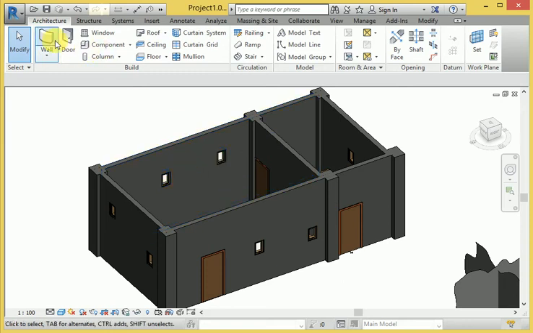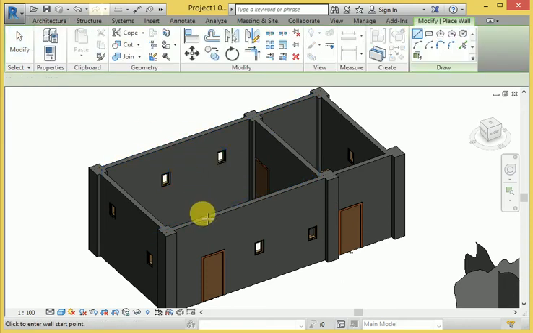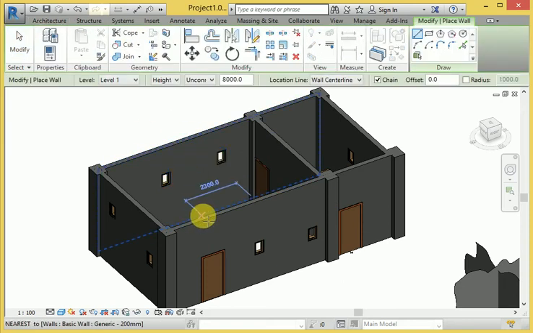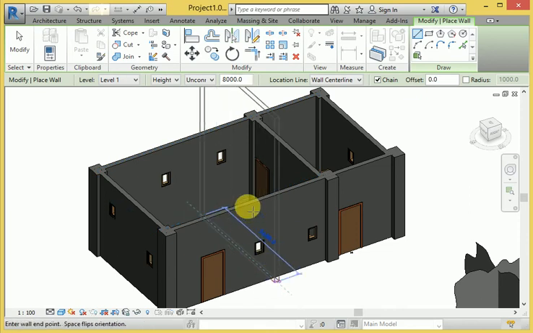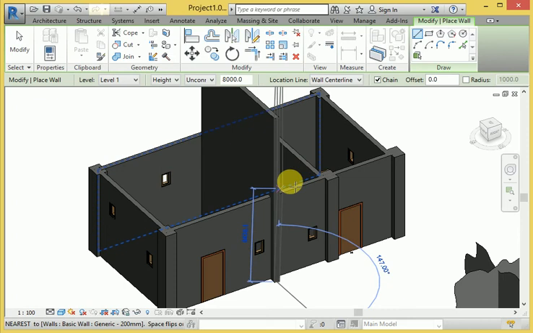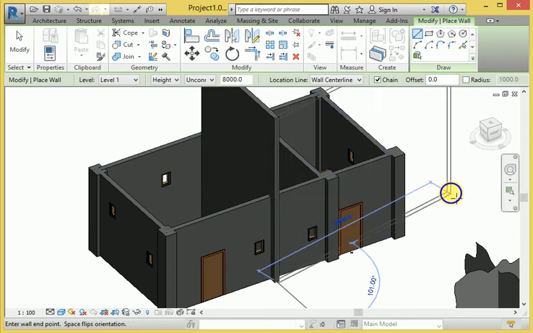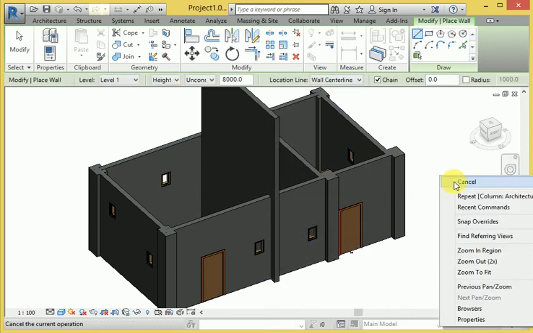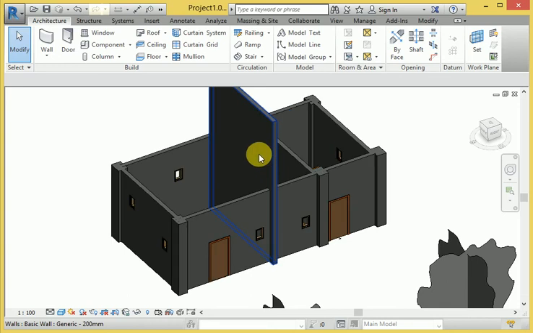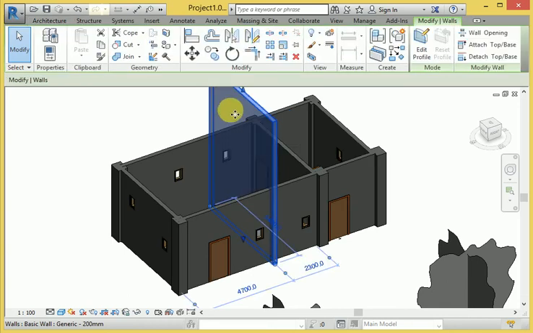When I use another one for the wall here, I start from this point and join to this point, and make this one wall right now, and I reduce the height. So click here and go to Properties.